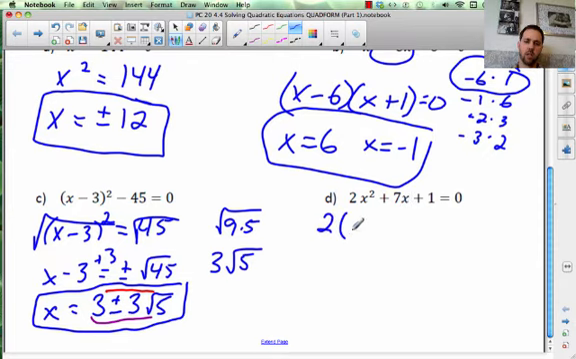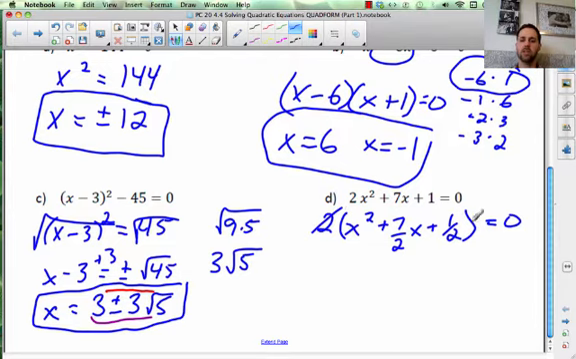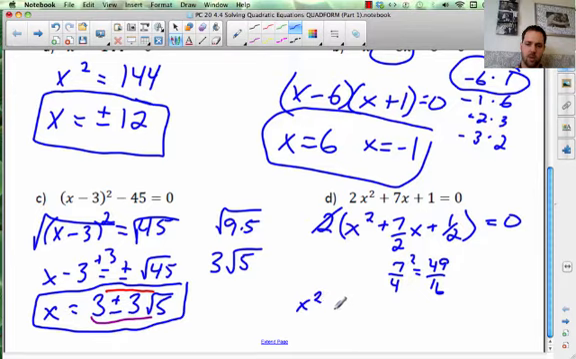So we will pull out that 2. Right, this is x squared plus 7 halves x plus 1 half, and that's all equal to 0. That 2 can just disappear because of the 0 on this side. And then we're going to try to complete the square here. So we take half of this term, which is 7 over 4, and we square it, which is 49 over 16. So we go x squared plus 7 halves x